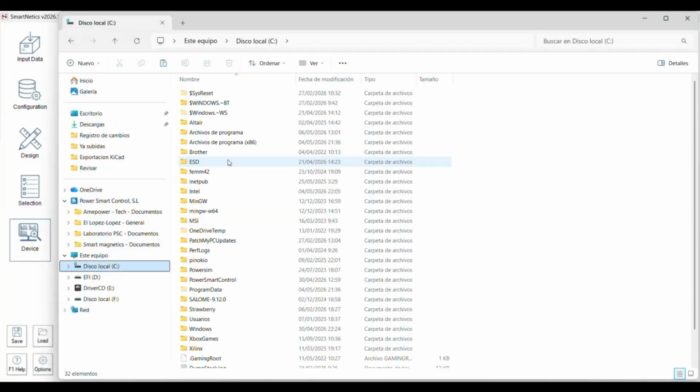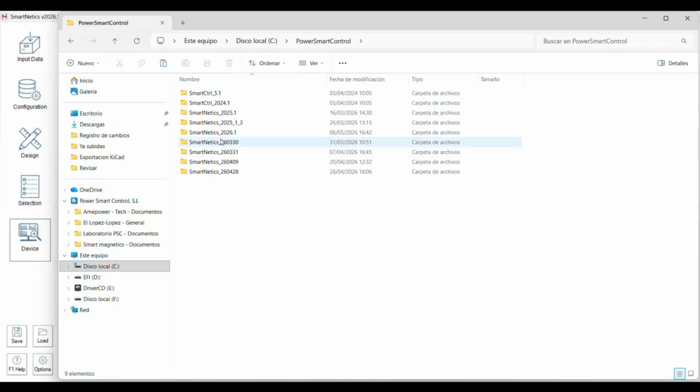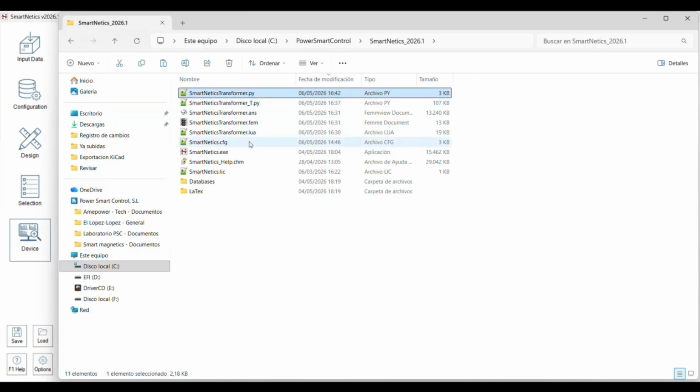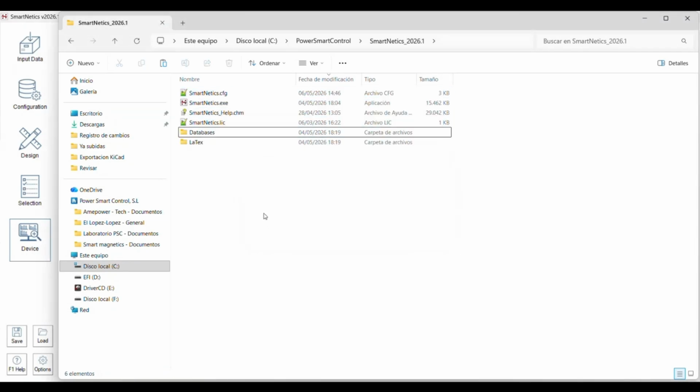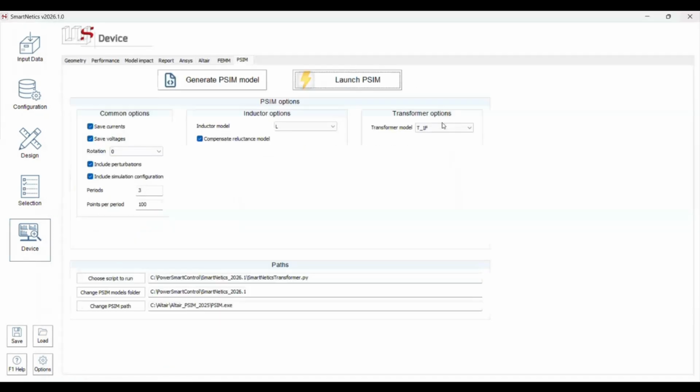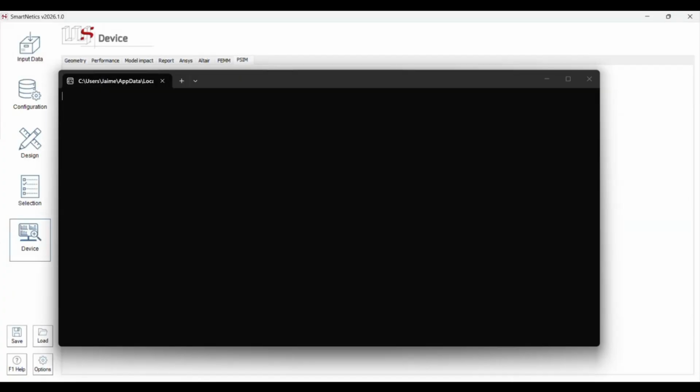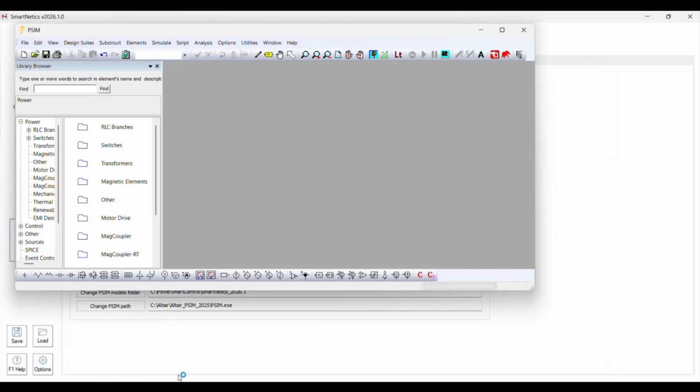Just 1 second. I'm very sorry about this, but this is what happens when you do a live demo of this. I will erase everything, generate it again, and launch it. No, I don't think I have access to the license yet. But yes. Oh, maybe I have.